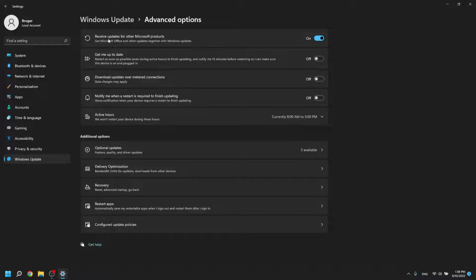Here I will recommend you to have "Receive updates for other Microsoft products" on. It will get the Microsoft updates and other updates together with your Windows updates when it goes out to the servers and checks. And when you are updating, you can go down to the additional options and go to optional